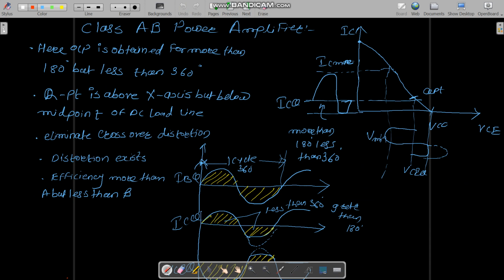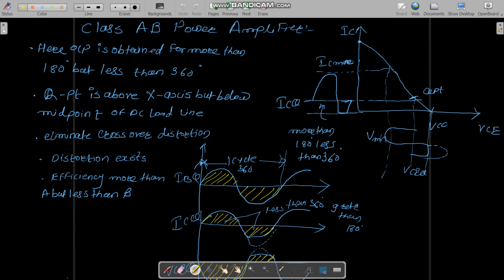So these are the respective output waveforms with respect to base current and collector current, and this is your output. You'll have the VCE output, and we know that IC equals beta times IB, so the current waveforms are in phase with each other, and we know that your VCE is in opposite phase, or 180 degree out of phase, with respect to the input applied. That means VBE is inversely proportional to your VCE. Whenever VBE increases, VCE decreases. Therefore, we get 180 degree out of phase. That's why I have started the graph from the bottom.